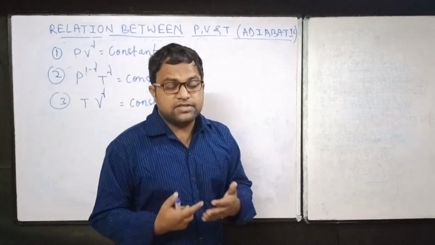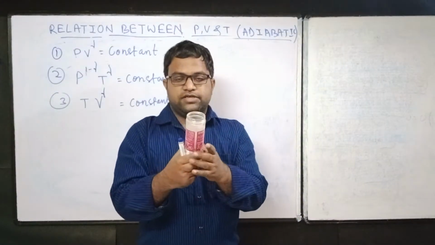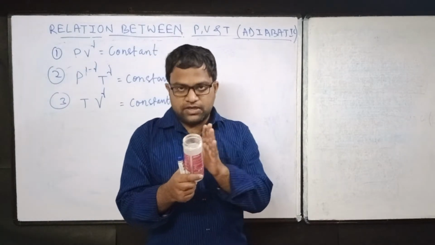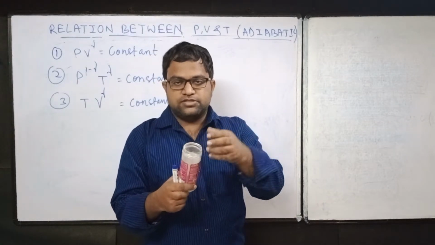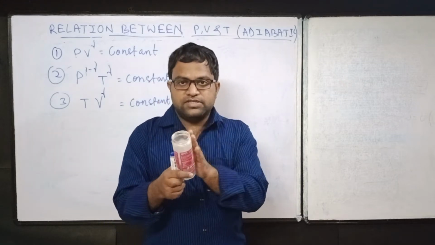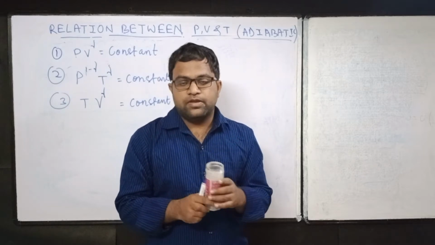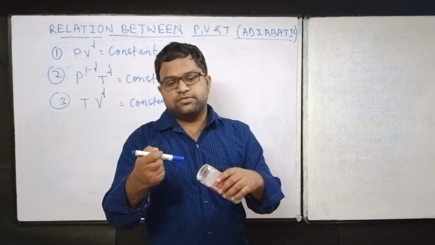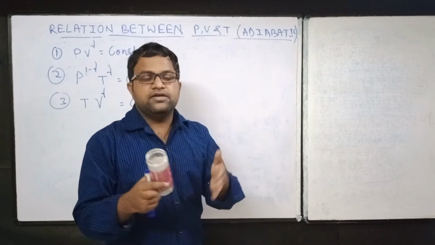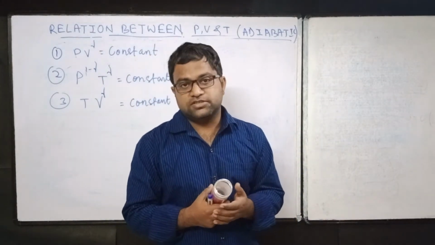So in an adiabatic system, let's say this container is an adiabatic system and the walls are adiabatic, so heat exchange is not allowed. The heat inside the system cannot go outside, and heat from outside also cannot go inside. And also we are not providing any external heat to the system. So in this condition, suppose the system is allowed to expand, that means the volume will increase, and the temperature will decrease, and the pressure also will change.